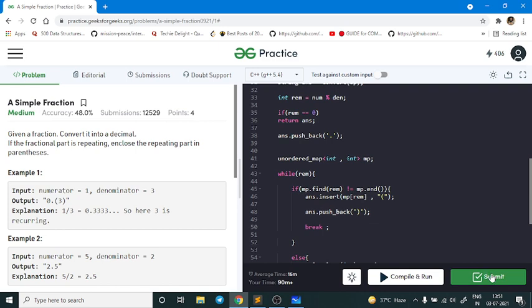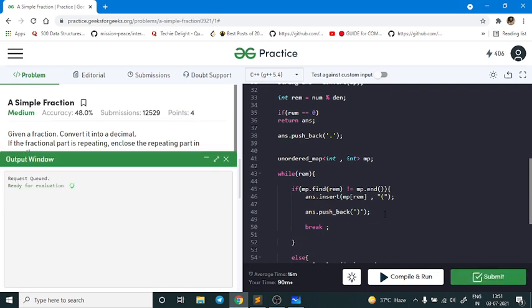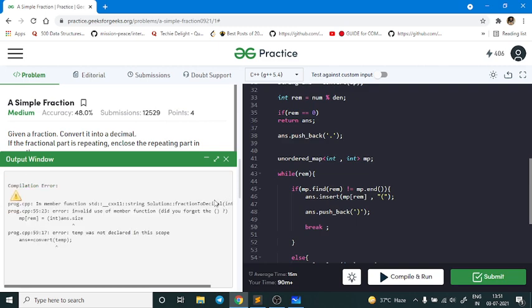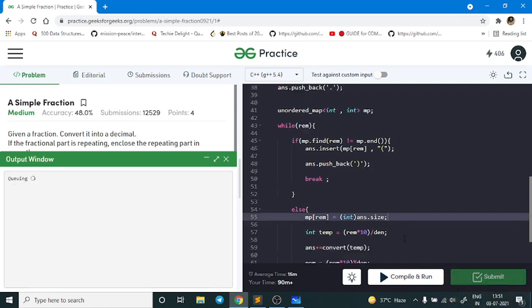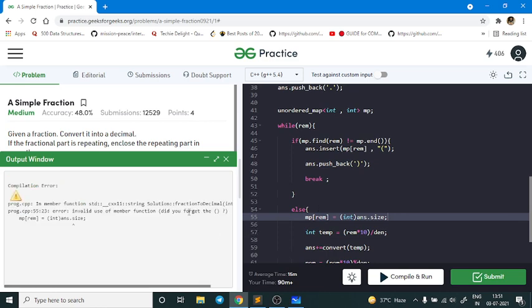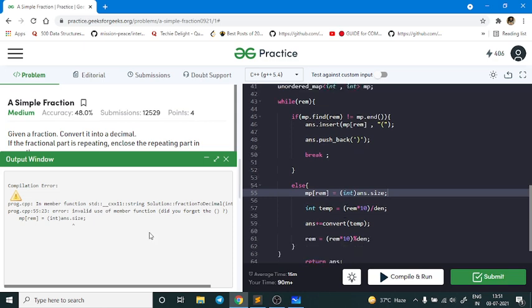Now let us compile and submit this code. Okay, it's basically showing up.